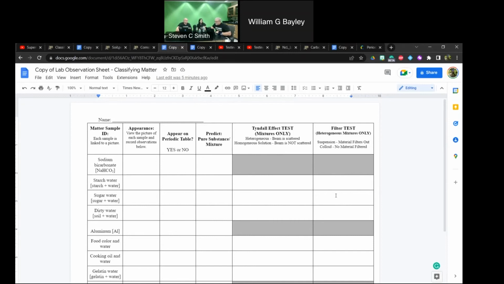Okay, so there's kind of an answer. I've made a copy of this lab sheet, so you can edit it anywhere you want, any way you want. Please do. That's why we do it this way. You should be tailoring it to your goals and how you would teach it in your classroom, because it's not going to work the same for you.